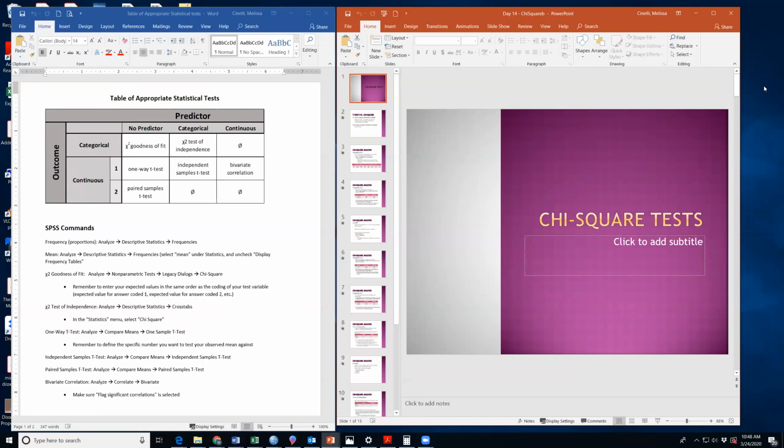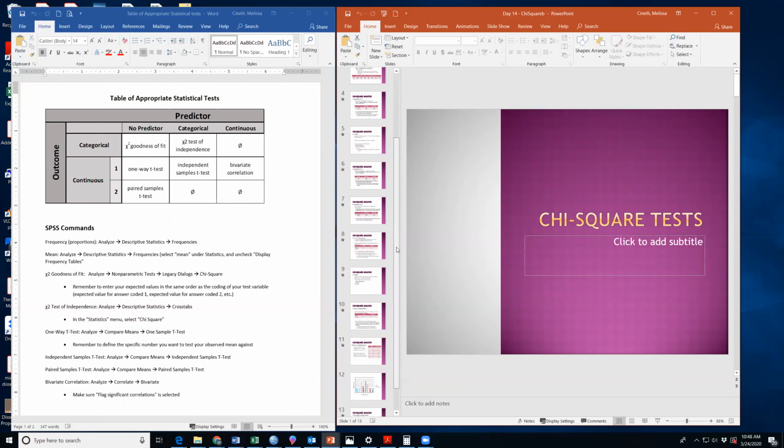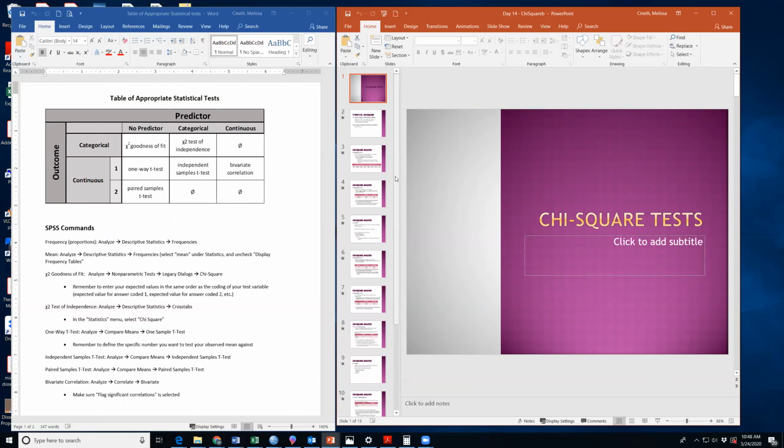So we're going to talk about that chi-square goodness of fit test again. I'm going to give you some examples of it using more normal sorts of data, not counts of M&Ms. And I'm going to show you how to do it in SPSS for those of you who are trying to learn SPSS as we do this online. And then I'm also going to introduce a second chi-square test called a chi-square test of independence